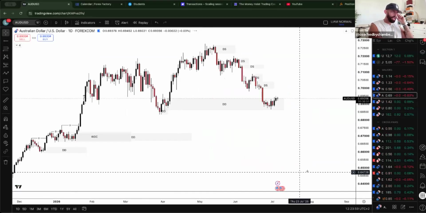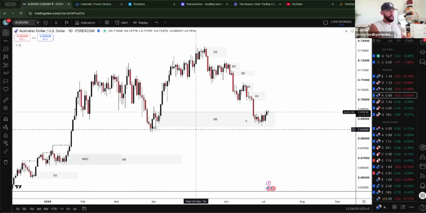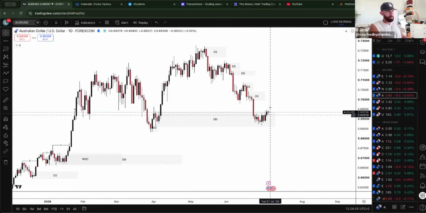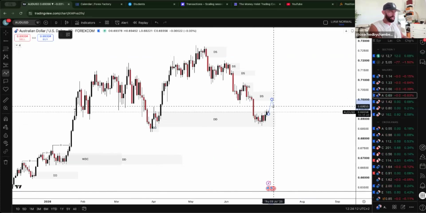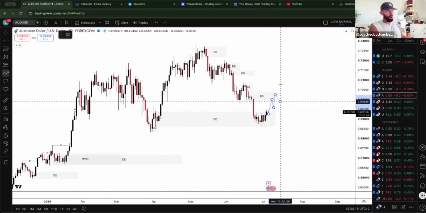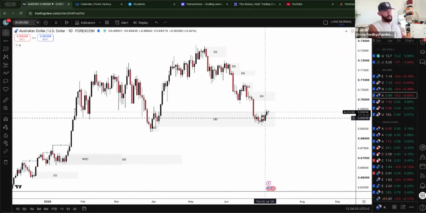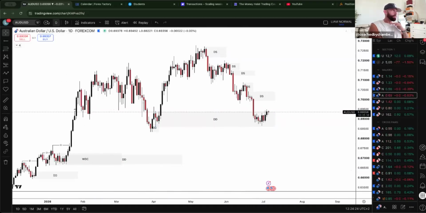Now going into AUDUSD, we're inside of this daily demand area here, as you can see, and we're slowly starting to move away slightly. We do have this daily supply area as well, so it's going to be interesting to see if we carry on bullish from here. How does market react from this supply? Do we carry on shorting, or is market just going to carry on obviously longing? So if you can get in longs and shorts, you could obviously trap the market for sure.